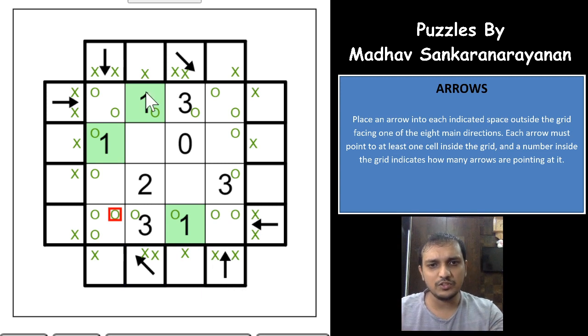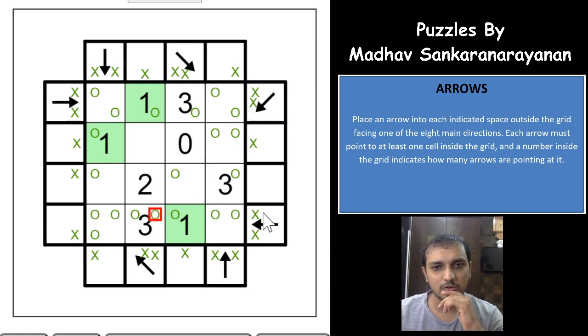Okay, so because of the 1 here, this arrow cannot point towards the left, so you have a cross here as well, which means there is only one place for the arrow, one possibility of an arrow to be placed here, and that has to be this arrow, sorry, this arrow, right? And which means that you can now place the dots here.